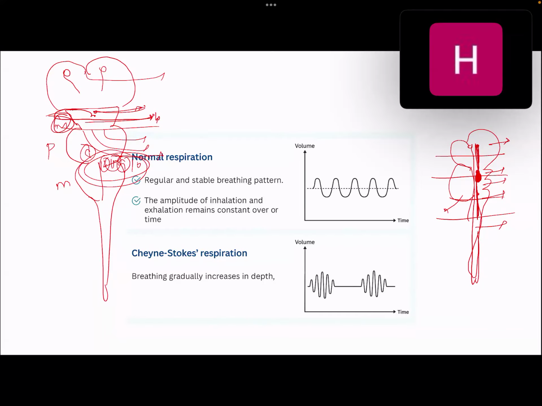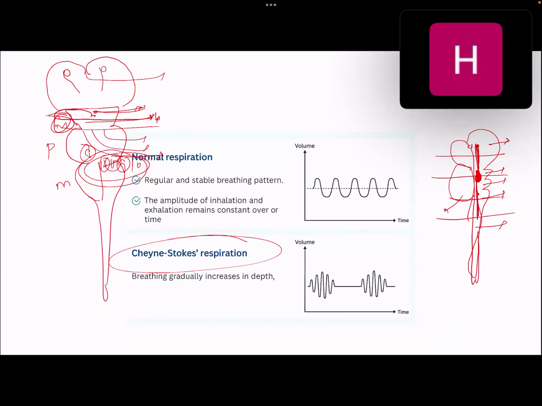If the patient has got 9, 10, 11, and 12 lesions involved, it is the medulla that is the localizing point. If the patient has got 5, 6, 7, and 8, it is the pons that is the site of the lesion. If the patient has got third and fourth nerve involvement, it is the midbrain that is involved. Talking about the brainstem, it usually contains the respiratory centers. So whenever there is brainstem stroke, it usually causes Cheyne-Stokes respiration.